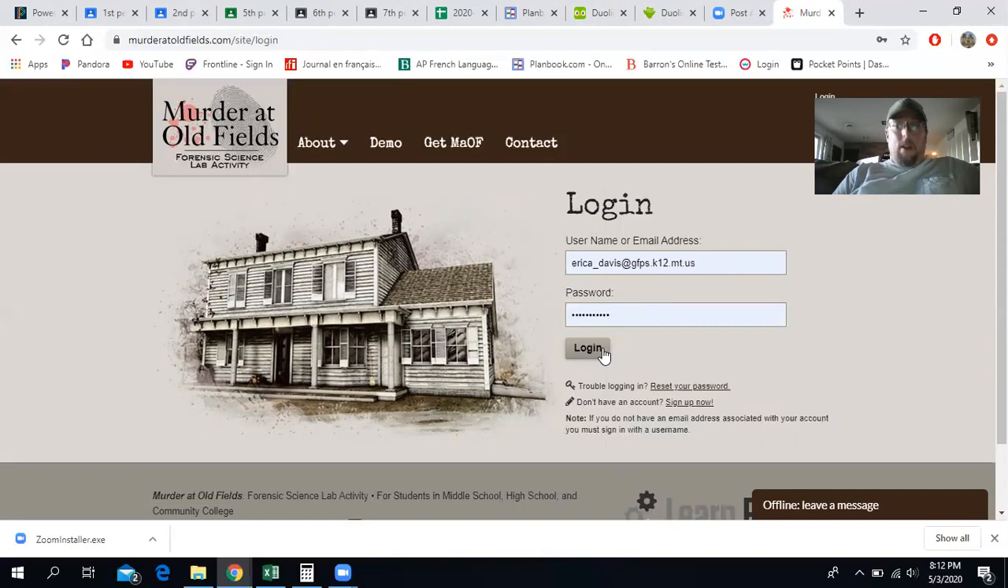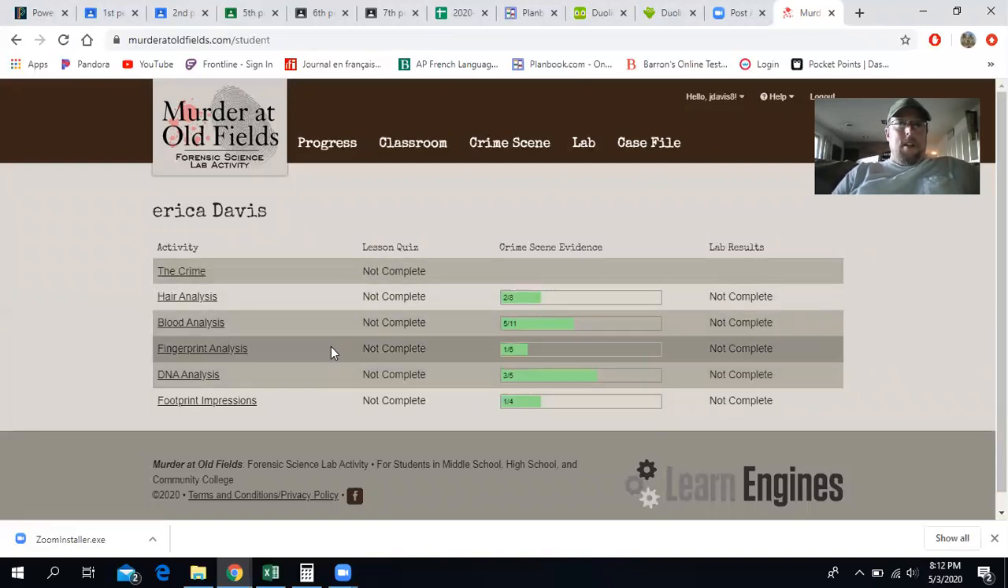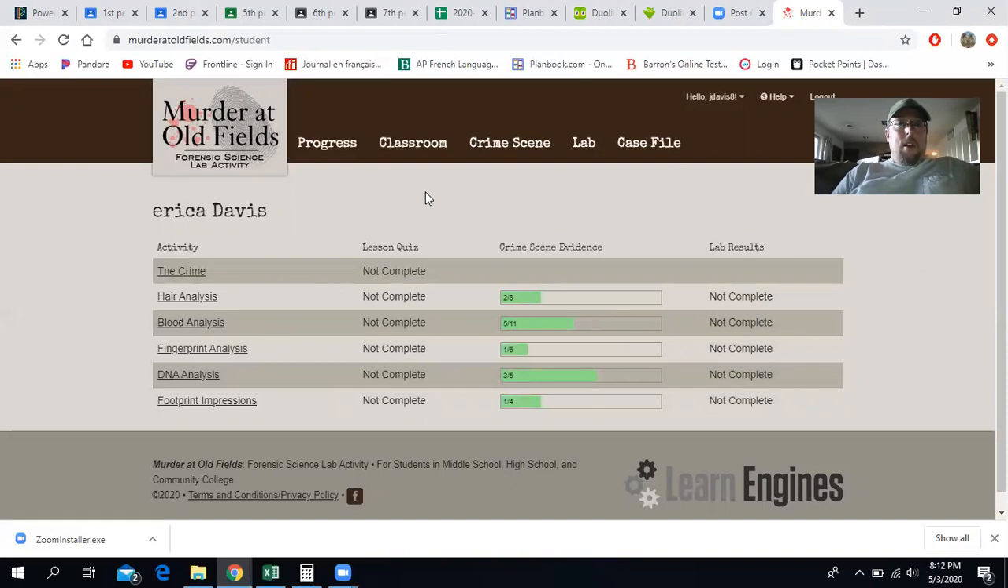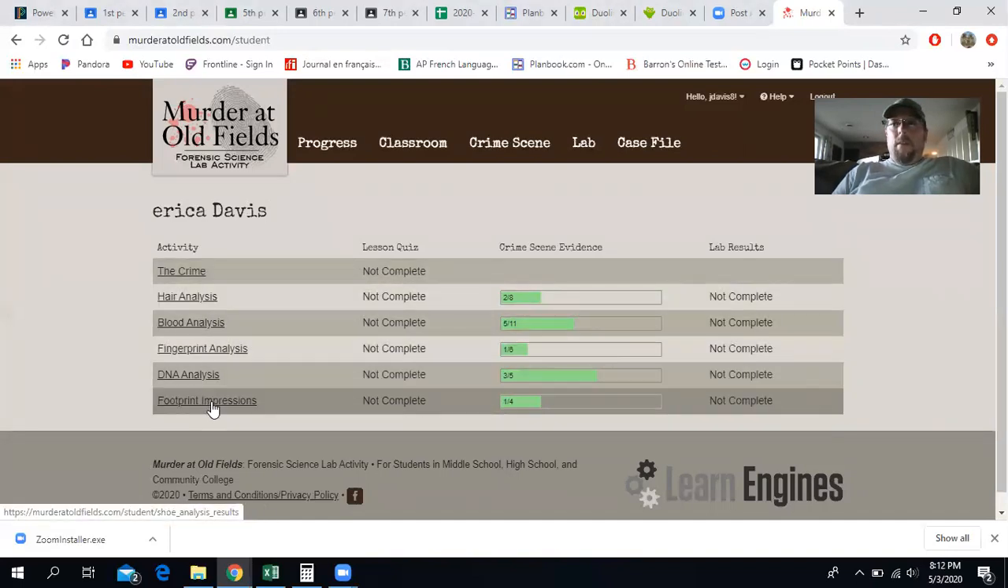So I'm going to log in here. This is what my wife has done here in Murder at the Old Fields. Basically we have this crime that's occurred, and there are two parts to each of the different types of evidence. You can see there's the crime itself, which tells you the background story. You're going to find some hair, some blood, some fingerprints, some DNA, and some footprint evidence. That's really all the stuff we've done throughout the whole year, which is why I think this is a great way, rather than taking a final test,